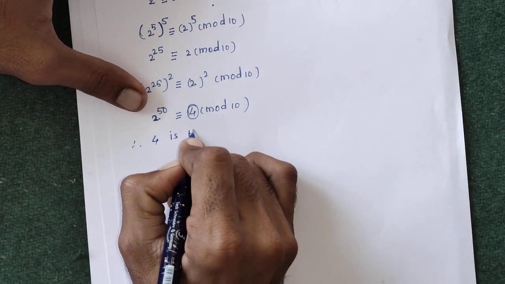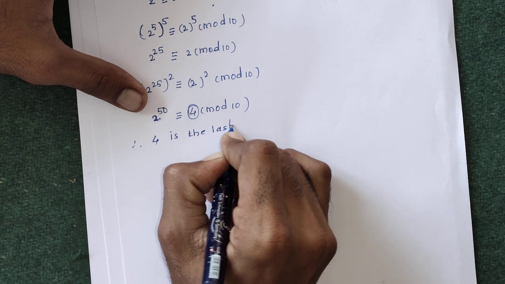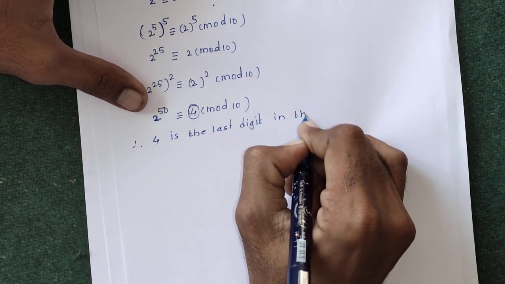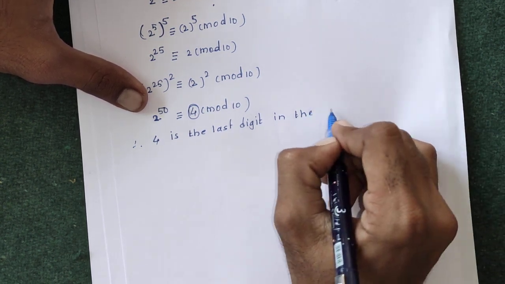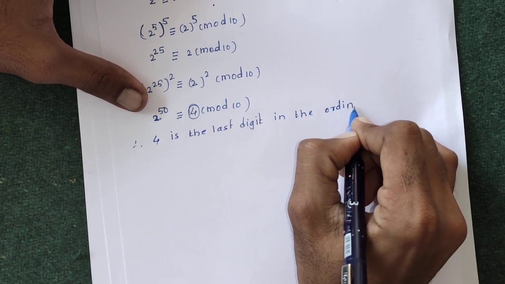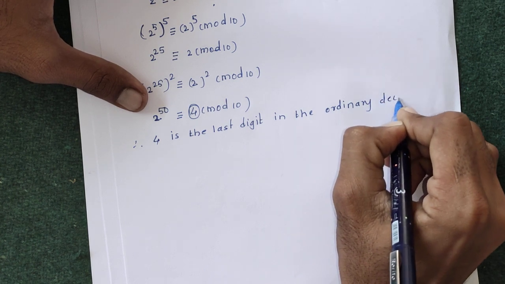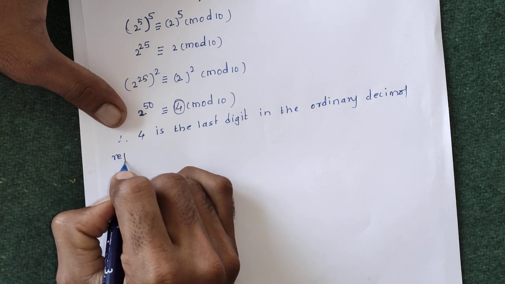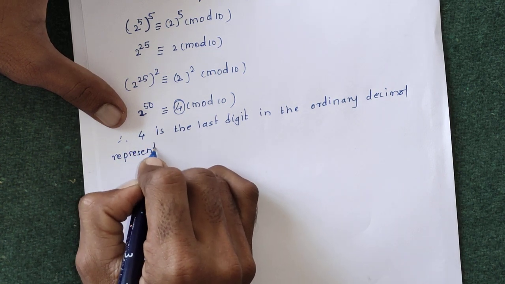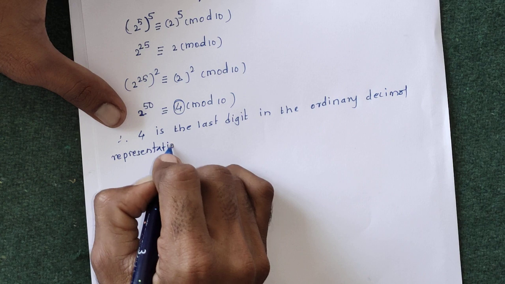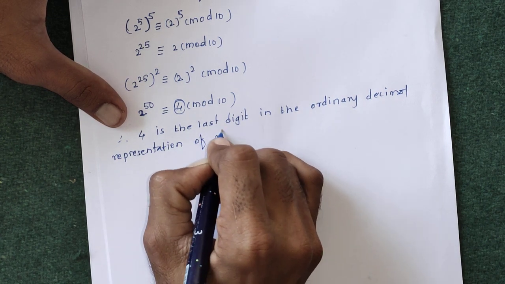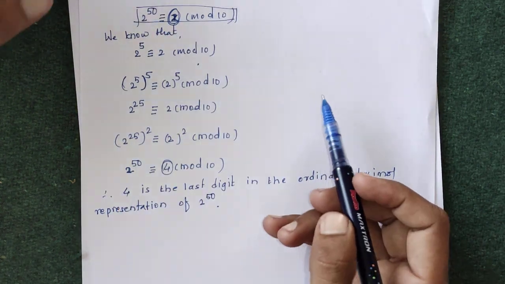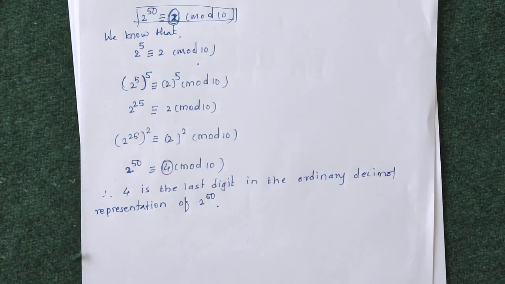4 is the last digit in the ordinary decimal representation of 2 raised to 50. So if you try this example by using Fermat's theorem or Euler generalization of Fermat's theorem,